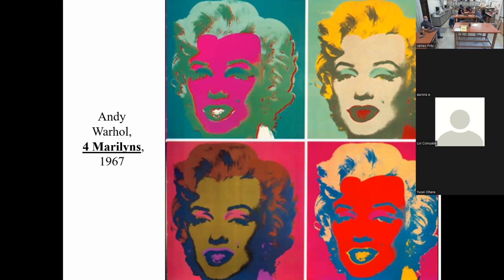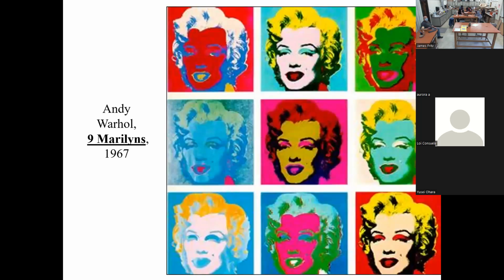So it's very fascinating how he's playing with color and getting different results from the same image. And if 4 Marilyns is good, 9 Marilyns is even better. So it just keeps going like that. I wanted to show you this image just to show you all the different possibilities that you could possibly do